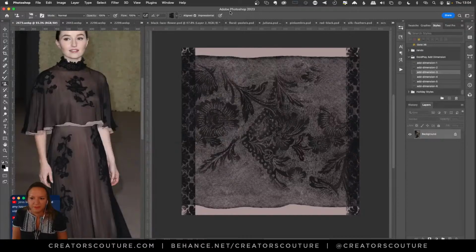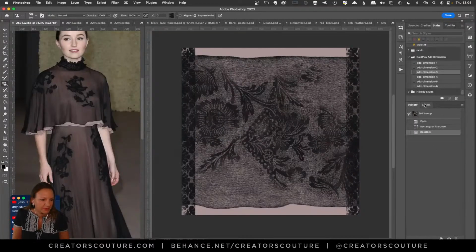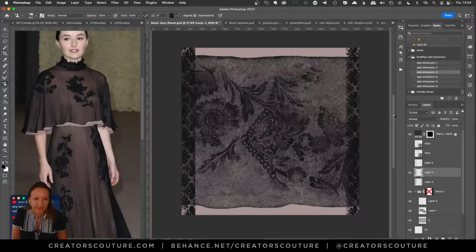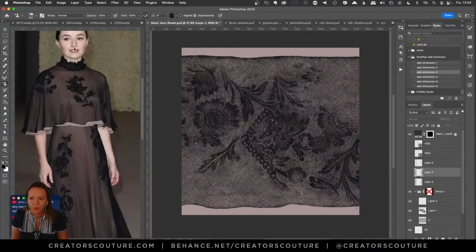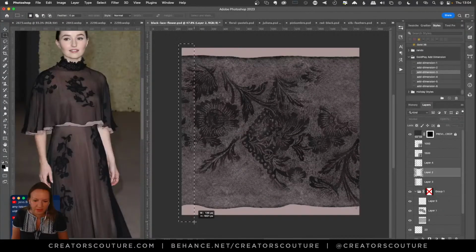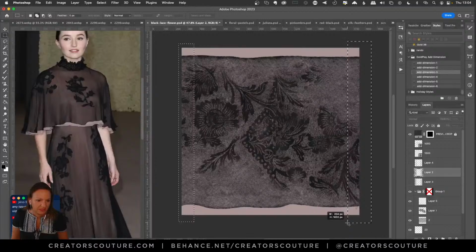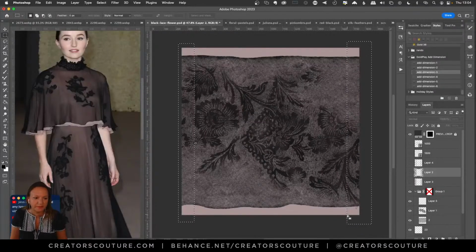Maybe I'll do this one. And I'm going to go over here to my actual black lace. I wanted to draw some strokes on the side in that, with one of the Renaissance brushes. I didn't even worry that it was perfect. I just took my selection tool and created a border on the side, and then I held down my shift key and did the other side, because I wanted a sharp line.